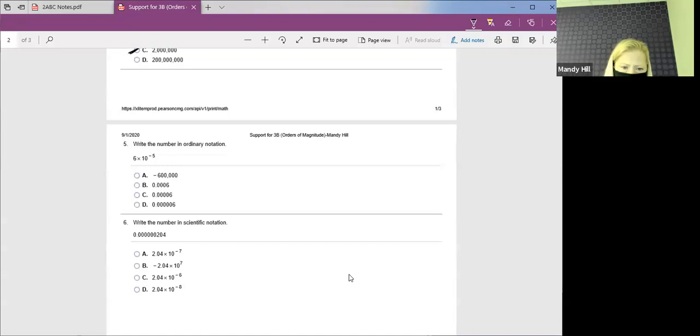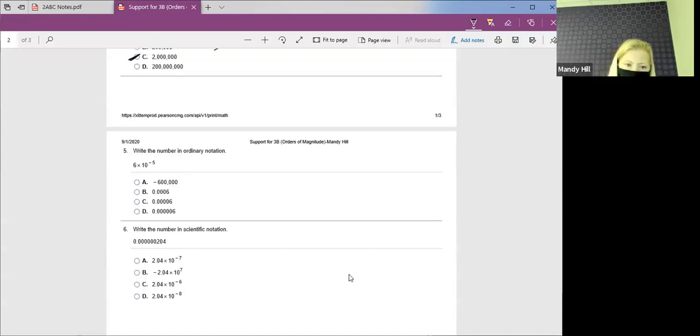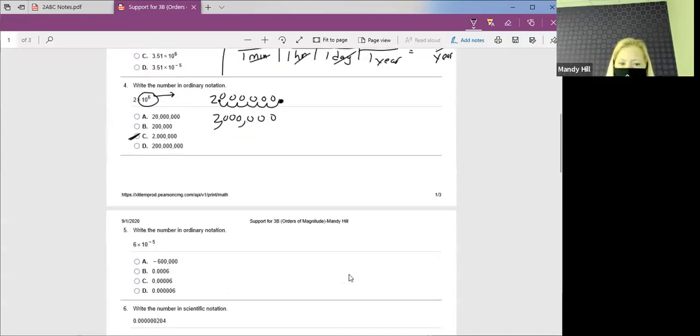6 times 10 to the negative 5th. Now that one's different because now we don't have a positive exponent, we have a negative exponent. So we don't move our decimal to the right, we move it to the left. It's actually going to make the number smaller. So we're starting out with 6. We know our decimal place is here. If we move our decimal place 5 times,